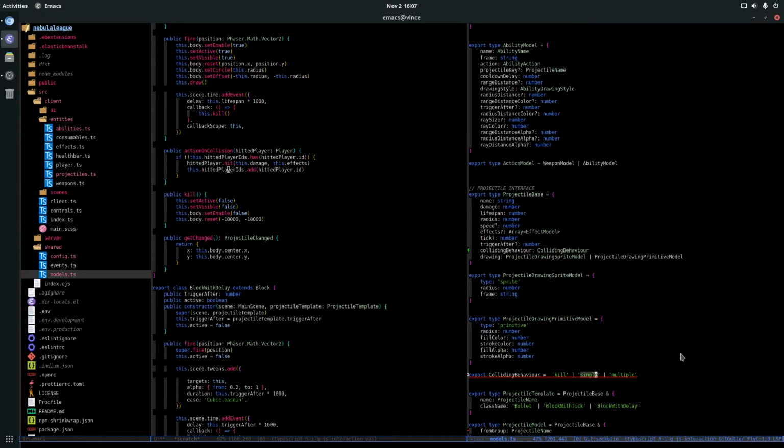Collides with no single player. Maybe it's more obvious. But no, it's actually not single player. It's multiplayer. Multiplayer once and multiplayer several times.